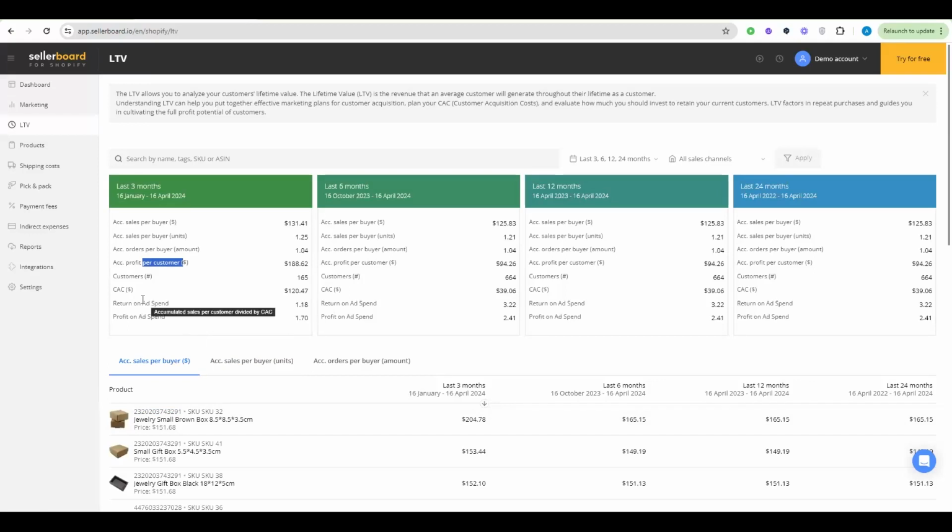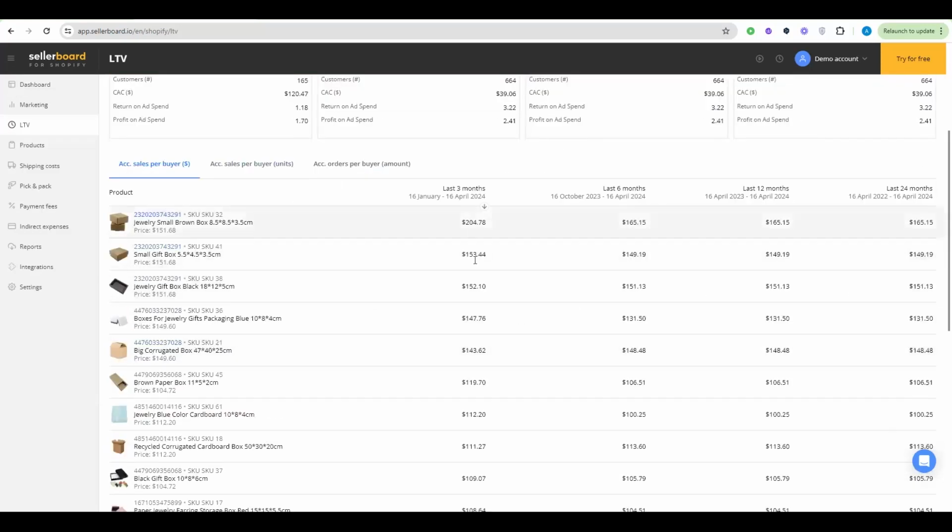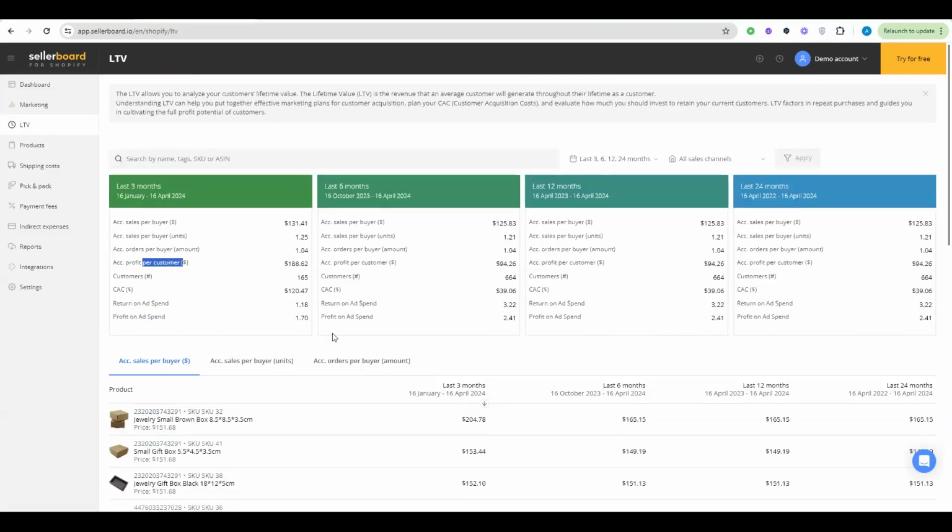Then you will have the information regarding the number of your customers and your customer acquisition costs, and this can give you an overall understanding of how well you're performing as a business with repeat business from customers. But you can go ahead and analyze the same on the product level, just to see how well your products are performing in terms of repeat business, right? So, for which products are the customers actually returning to your website? Right. This is a brief overview of the lifetime value dashboard.